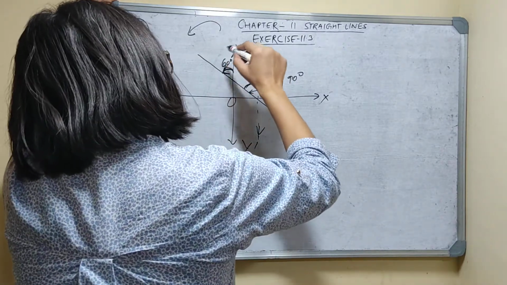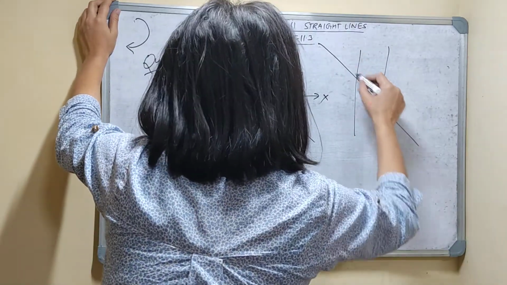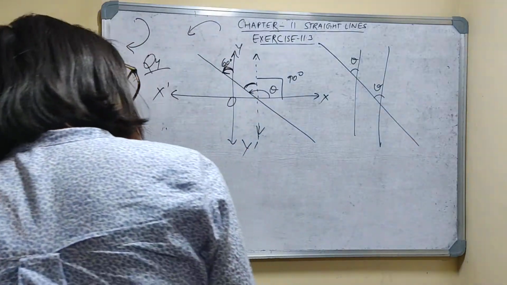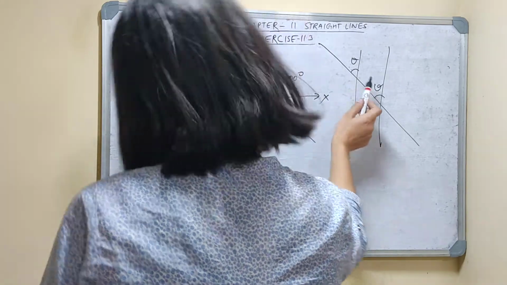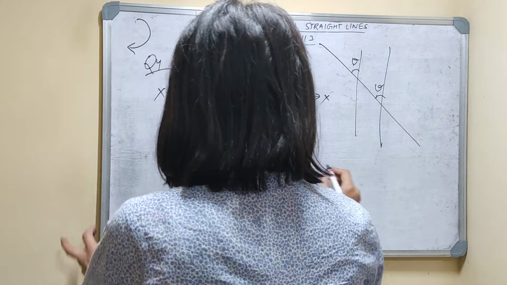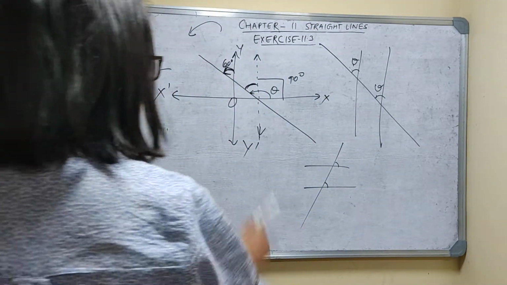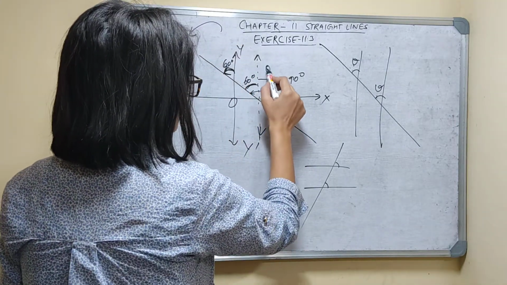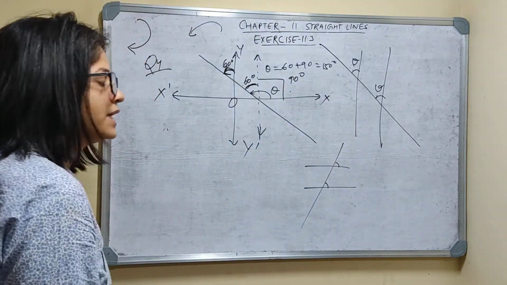Same angles. If these are two parallel lines, this angle is theta. This angle is also theta. Is it clear? Corresponding angles, both the same, theta. So this is also theta, up and up, like this. In this case, this angle and this angle will be the same. So this is 60. So this is also 60. So total will be what? 60 plus 90. So theta is equal to 60 plus 90. That is 150 degrees. Is it clear?